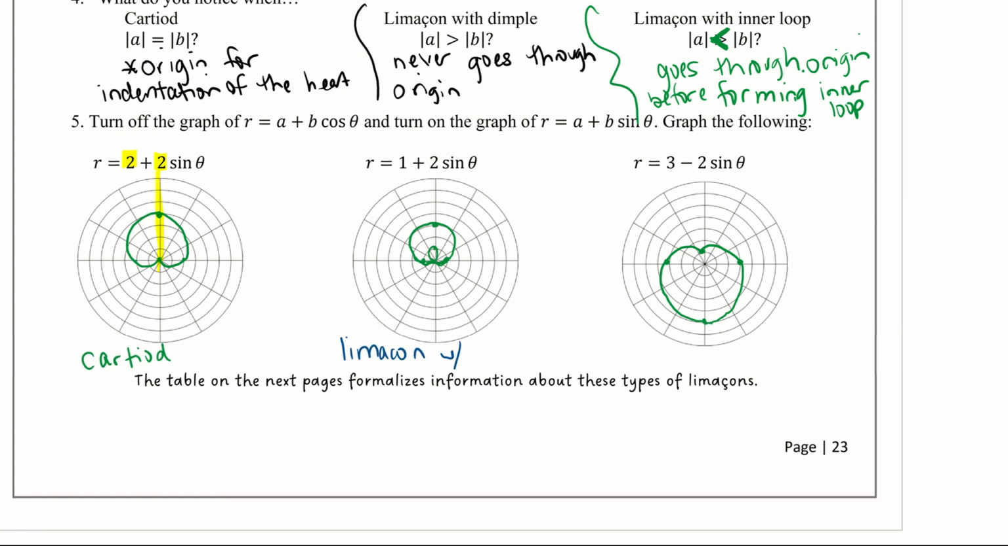Limaçon, oh, not with a dimple, with an inner loop, my apologies. That will happen when the value of B is larger than the value of A. They can have various signs. Notice how this one also has symmetry along the y-axis, supposedly, if I draw it well. And also notice that both the cardioid and the limaçon with inner loop will pass through the origin